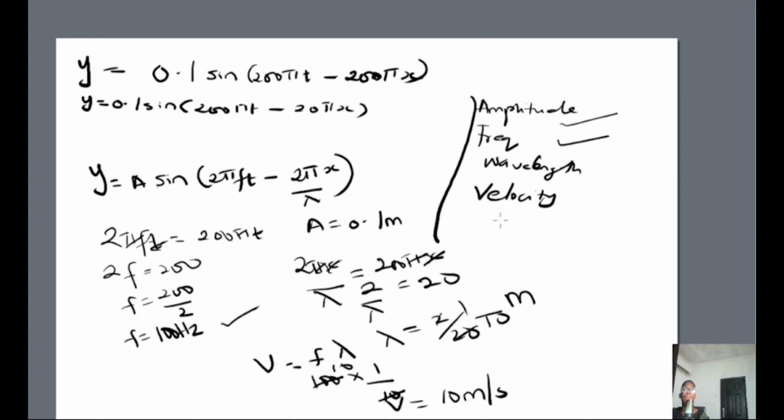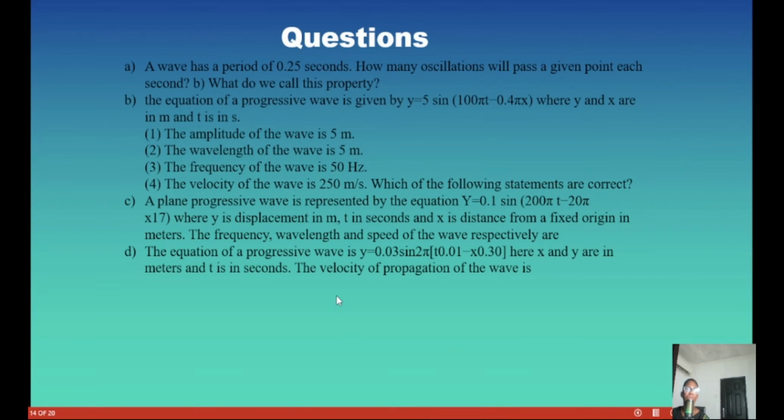So we've gotten our wavelength and we've gotten our velocity. I'm sure you understand everything we did. So we are done with that. So you should be able to do the last question, which is just the same thing. Even from here, you know your amplitude already, you know the formula you are going to use, and so on and so forth. So let's continue.